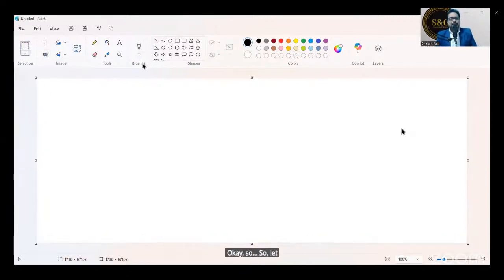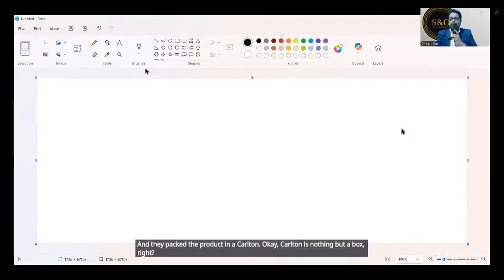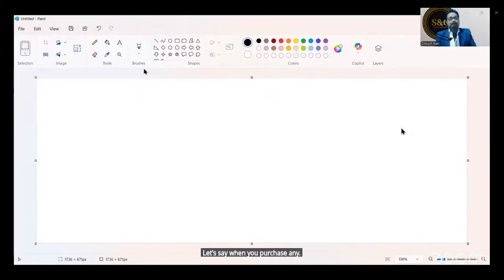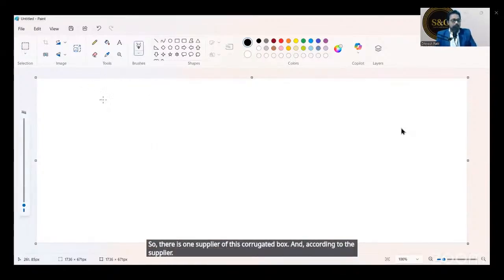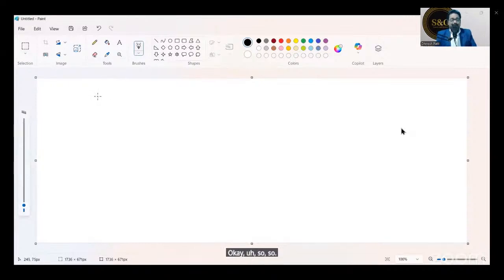So there is one company which makes some product, and they pack the product in a carton. A carton is nothing but a box, right? Let's say when you purchase any electronic appliance, that appliance is packed in a carton, in a corrugated box. There is one supplier of this corrugated box, and according to the supplier's standard, you can just write this down.